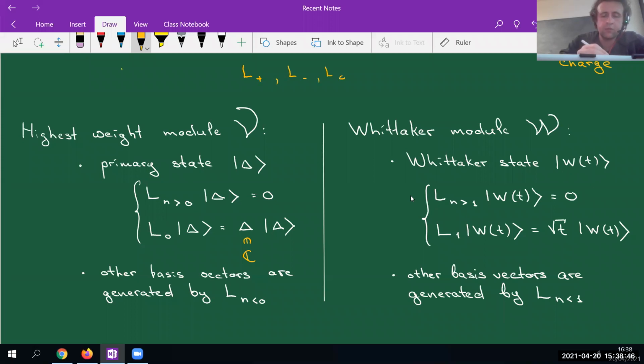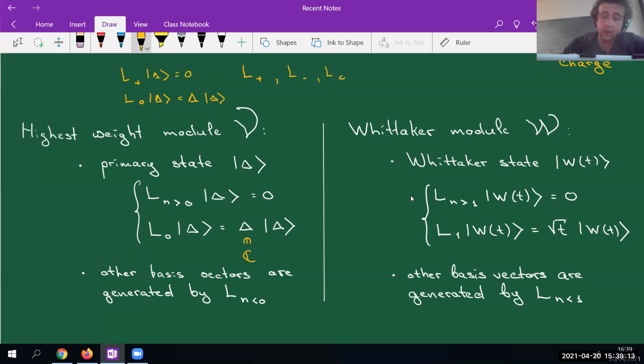So you start from some vector which is killed by L plus. And then you want this vector to diagonalize L0. So this is the highest weight. And then all the other vectors of this representation are generated by